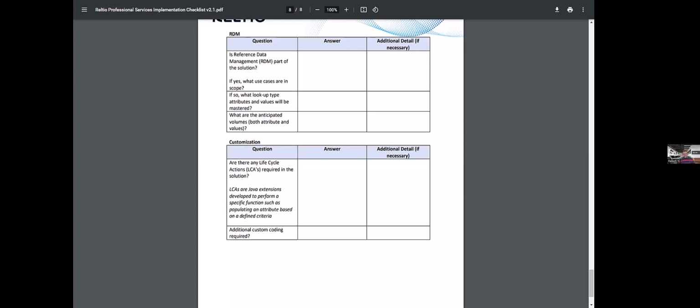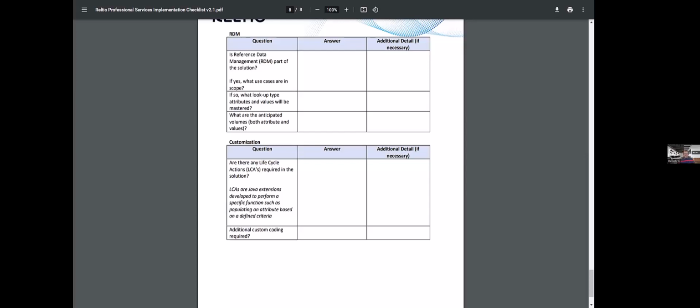And the last thing is customization. If we have to talk about customization in the Reltio language, we refer to it as an LCA, the lifecycle actions. We usually take this route for the transformations.